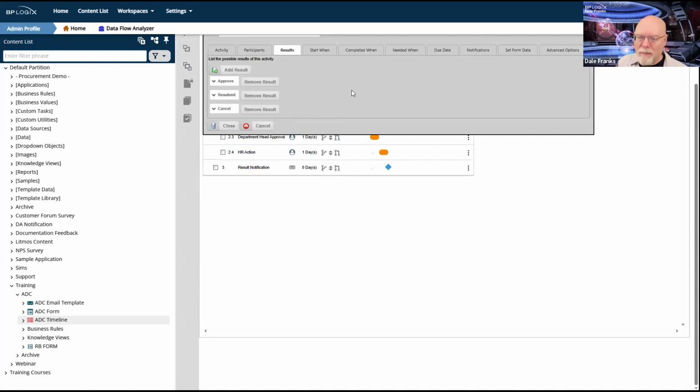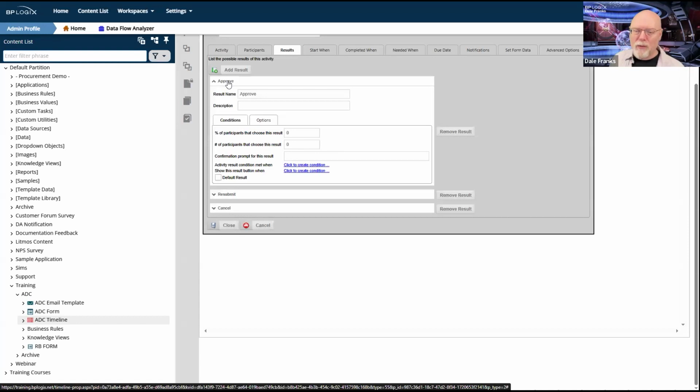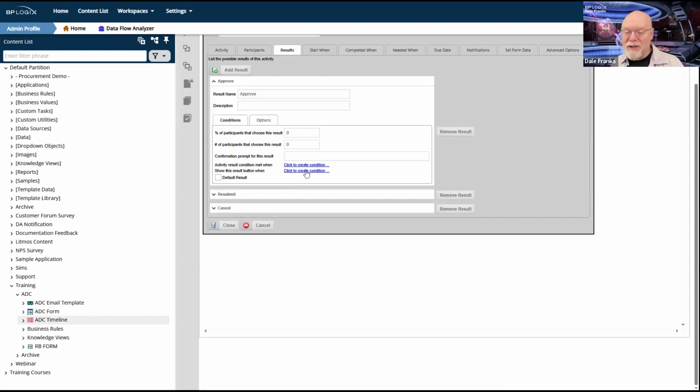So as a manager, I'm going to have to do something. So I don't want to give them an approve result. So I'm afraid I'm going to need to set up a condition for this result to actually show this result button. And to do that, I'm going to need to know what my actual conditions, what my actual results, sorry, not results. I'm going to need to know what the value of the type dropdown is, the request type dropdown.